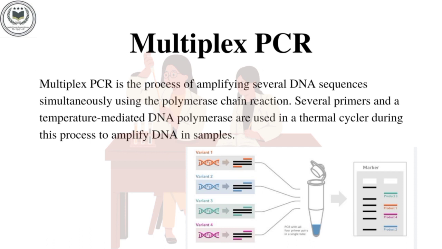Procedure of multiplex PCR. Begin by adding the cocktail of dNTPs to the reaction tube. Then add a reaction or multiplex buffer. Typically, the reaction buffer will contain magnesium chloride, DMSO, salt or potassium chloride. Start the reaction while adding primers. If the test is a quantitative one, add the probe or dye. Include the template DNA in the reaction.